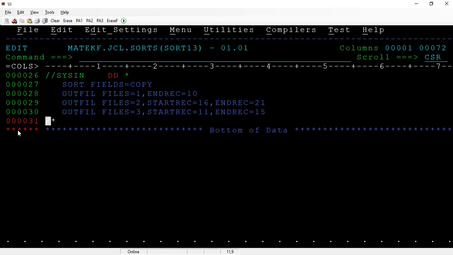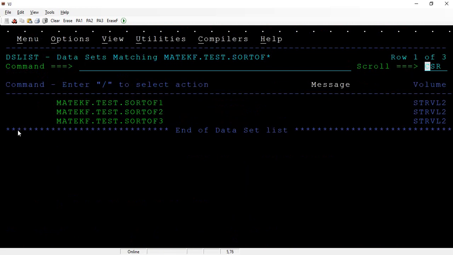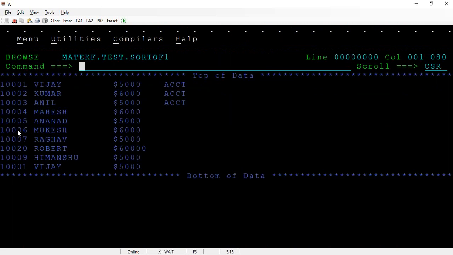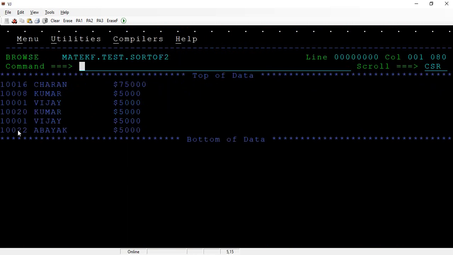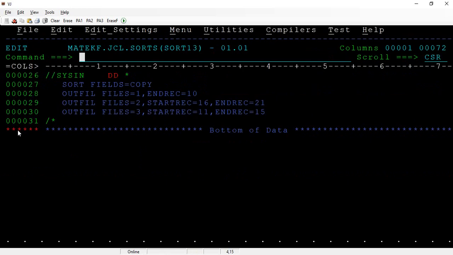This is my requirement. Okay, submitted, ended with 0. Now let's see how many records I have. The first one has 10 records, the second one has 6 records, and the third one should have 5 records. Yes, perfect. So that is how you can split based on the requirement that you get.